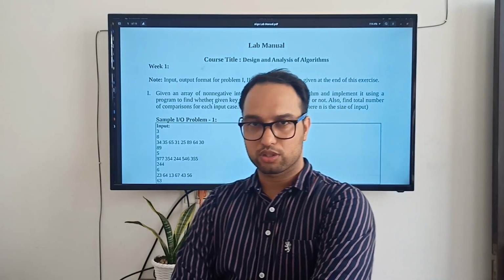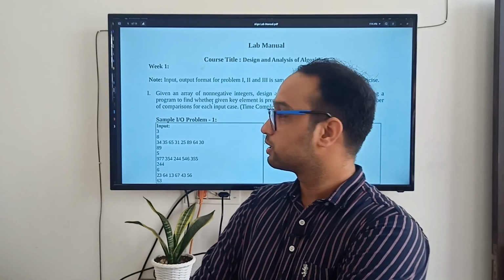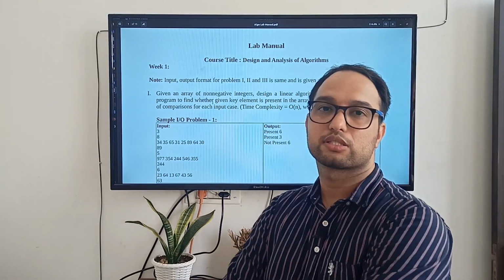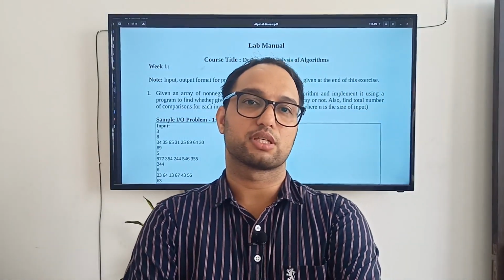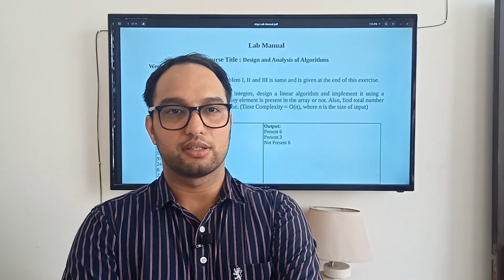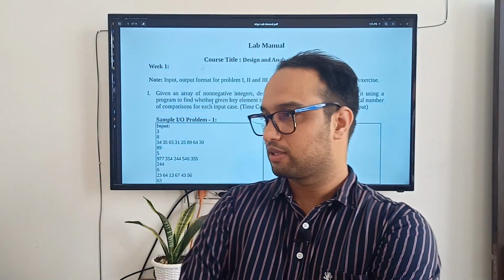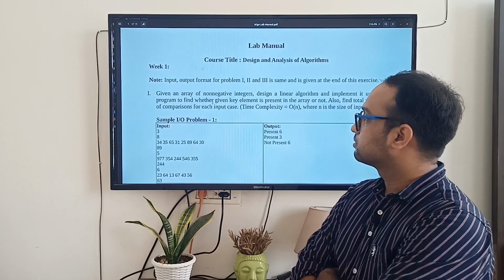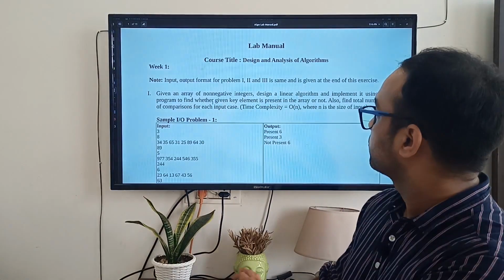You can read about these algorithms in the book. The book that we are using for this course is Cormen, which is actually the Bible for DA or computer science. So you can get that book and read algorithms from it, right?